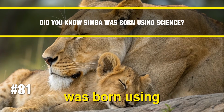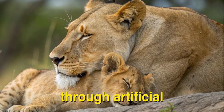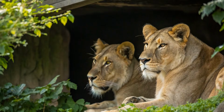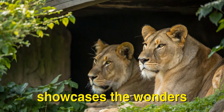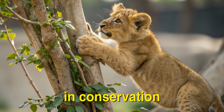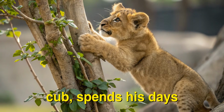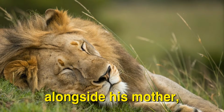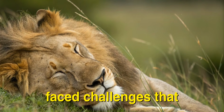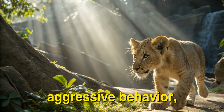Did you know Simba was born using science? Simba is the first lion cub born through artificial insemination at the Singapore Zoo. This groundbreaking achievement not only showcases the wonders of modern science, but also marks an important milestone in conservation efforts. Simba, a lively and curious cub, spends his days exploring the zoo alongside his mother, Keela. Though he never got to meet his father, Mufasa, who faced challenges that made reproduction impossible due to aggressive behavior,